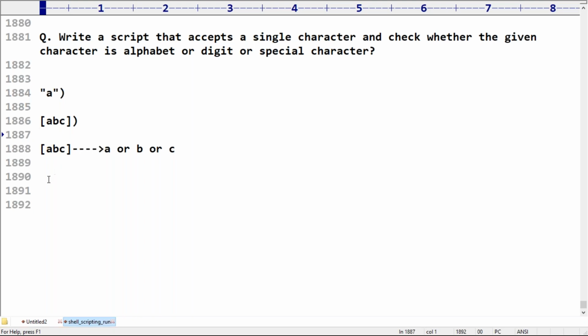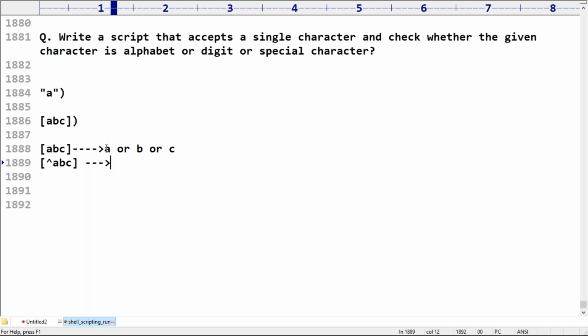Suppose I take the cap symbol with a, b, c, [^abc]. What is the meaning of that? Do you know, cap means except?